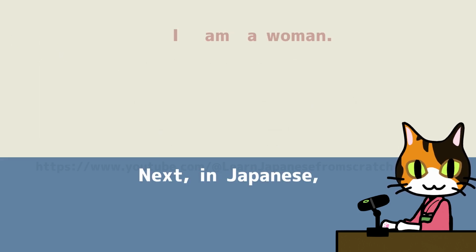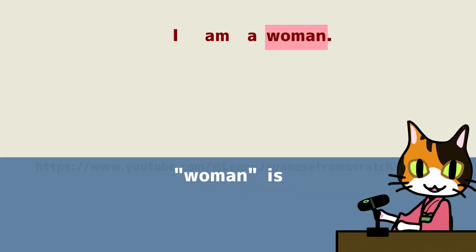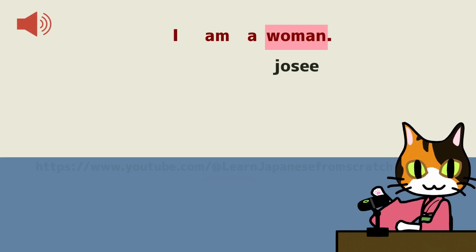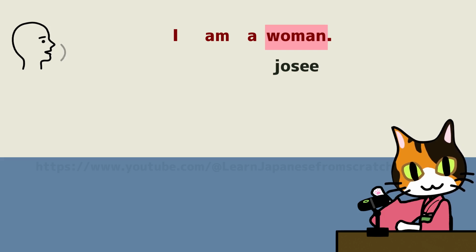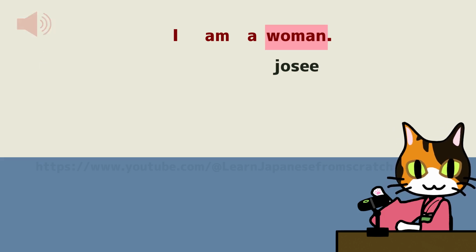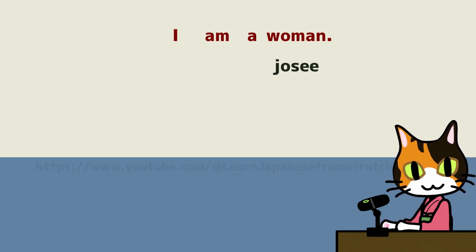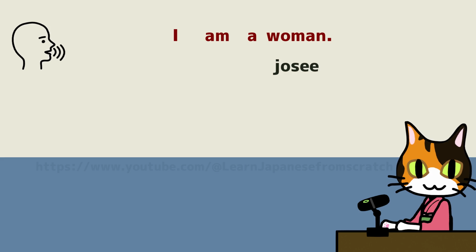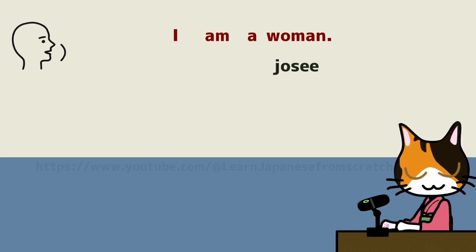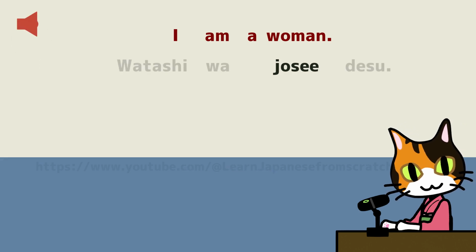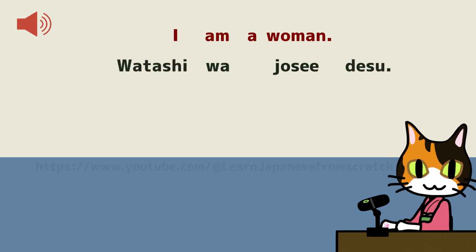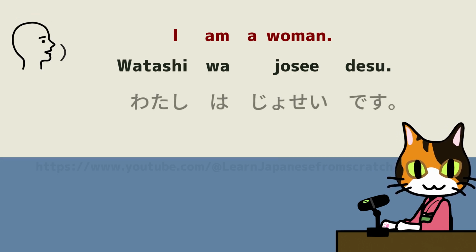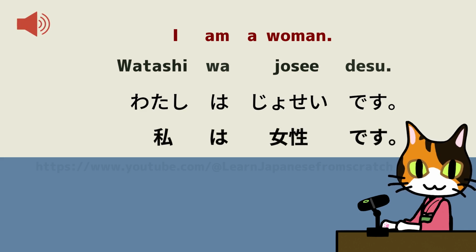Wonderful. Next, in Japanese, woman is 女性。Very good. So how do you say, I am a woman? Excellent. 私は女性です。